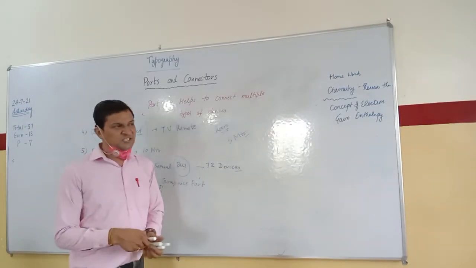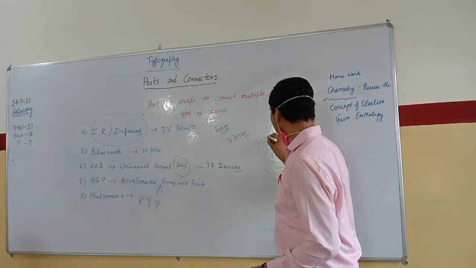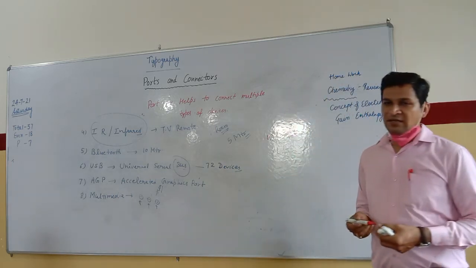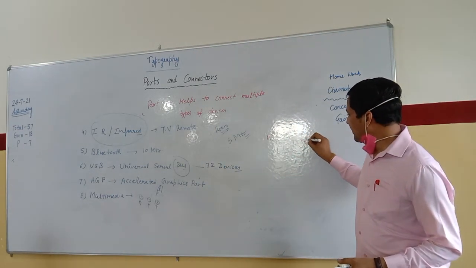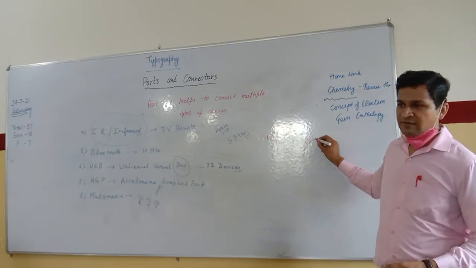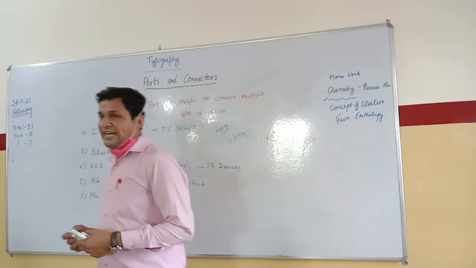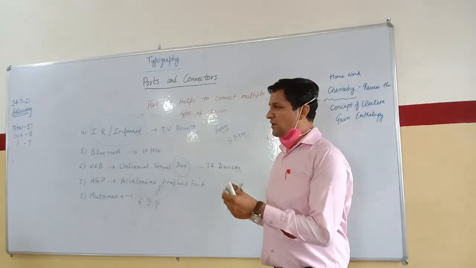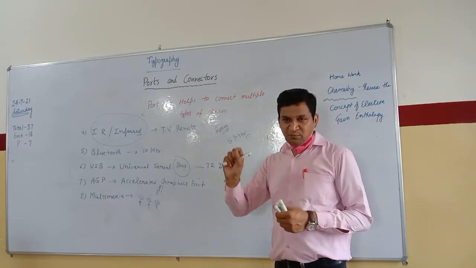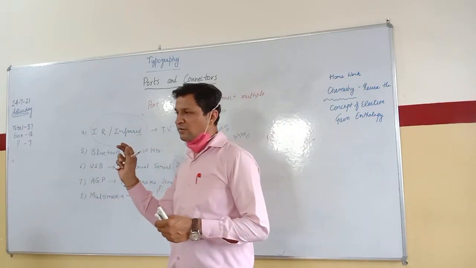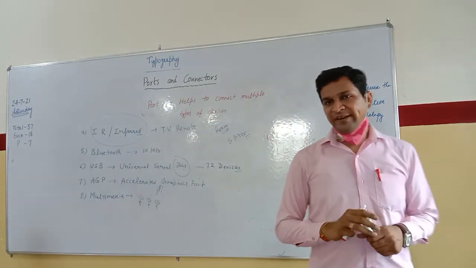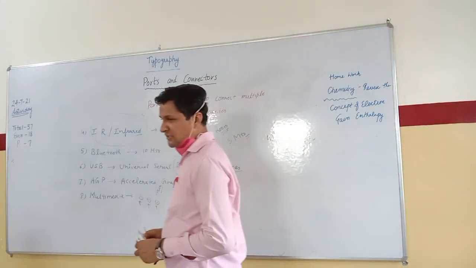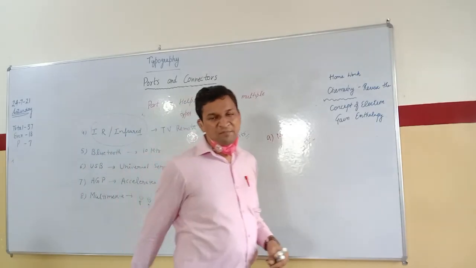One more port I am telling you, that is the network port. That is used to connect the network interface card, NIC, network interface card. And what is the use of the NIC port? It will help to connect the internet connection with your computer system. When you are connecting the particular cable inside the CPU, which port are we using? That is like a telephone cable port. This port is known as the network port, in which we can connect the device for the purpose of connecting with the internet connection. So these such ports are available in a computer system.